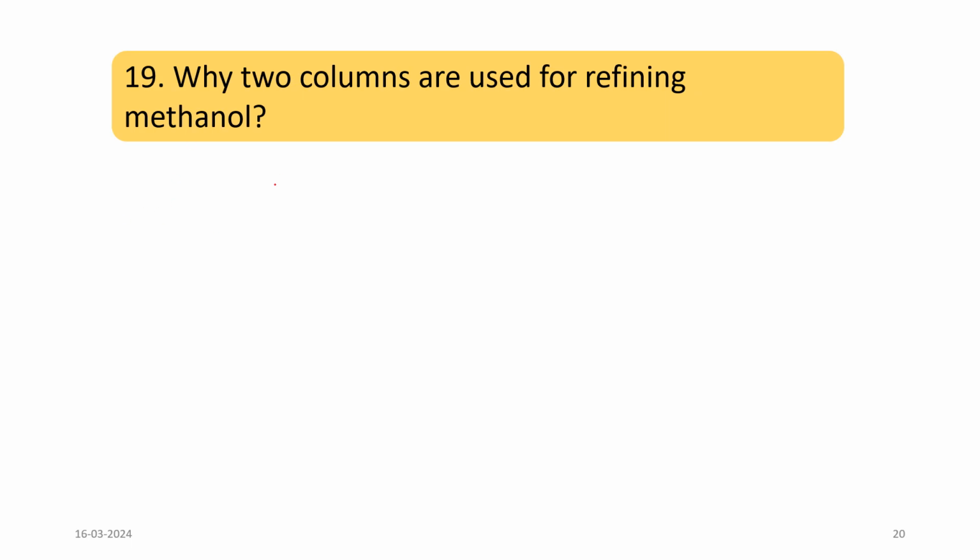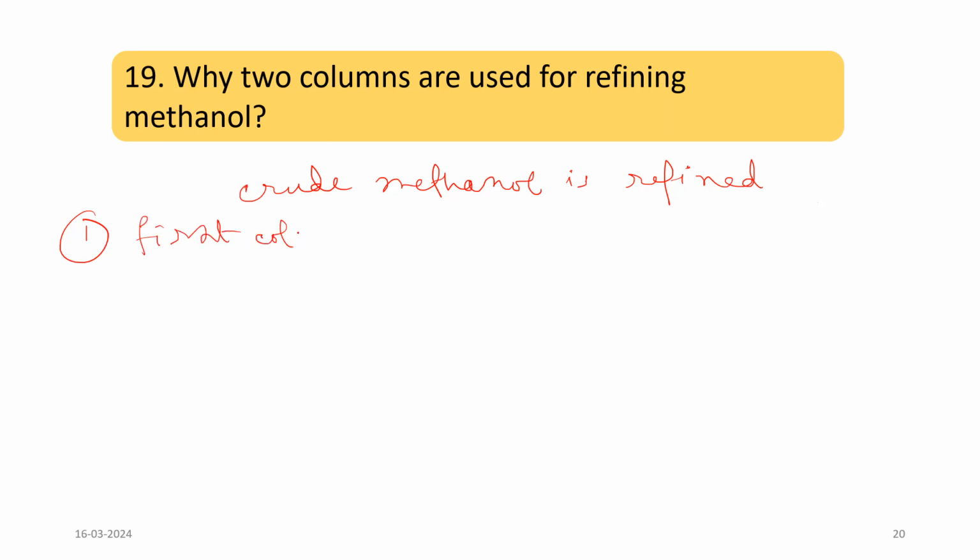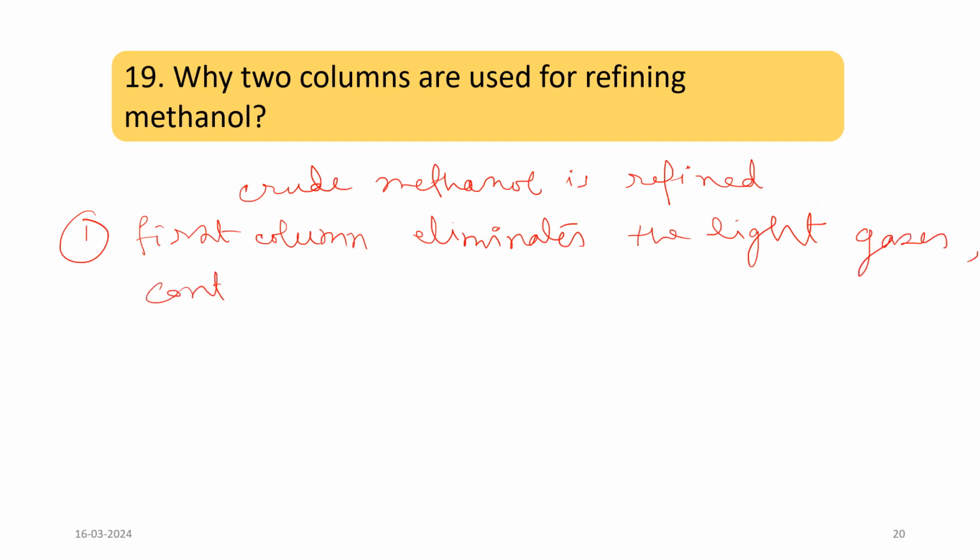So in these two columns, crude methanol is refined. Okay, crude methanol is refined. So the first column eliminates the light compounds, light gases, contaminants, etc. Okay, so whatever the bottom product of the first column is, that goes into the second column,